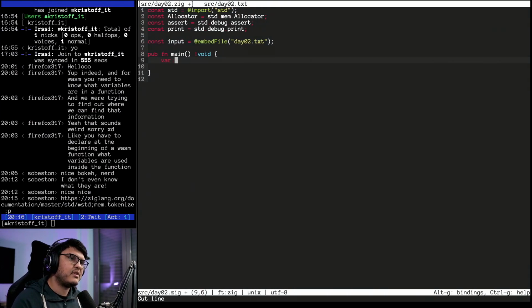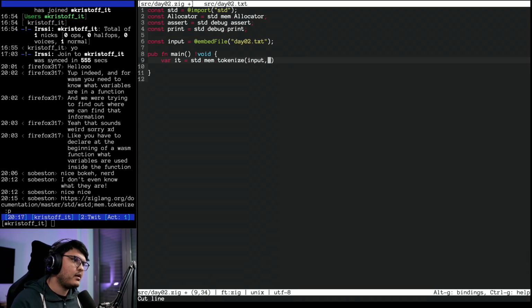Okay. Var it equals std.mem.tokenize. Then what? The input. Wait, is input an array or is input already a pointer? I'm not sure what embed file gives you. I know that the intern strings are already pointers, so I'm assuming this is already going to be a pointer.